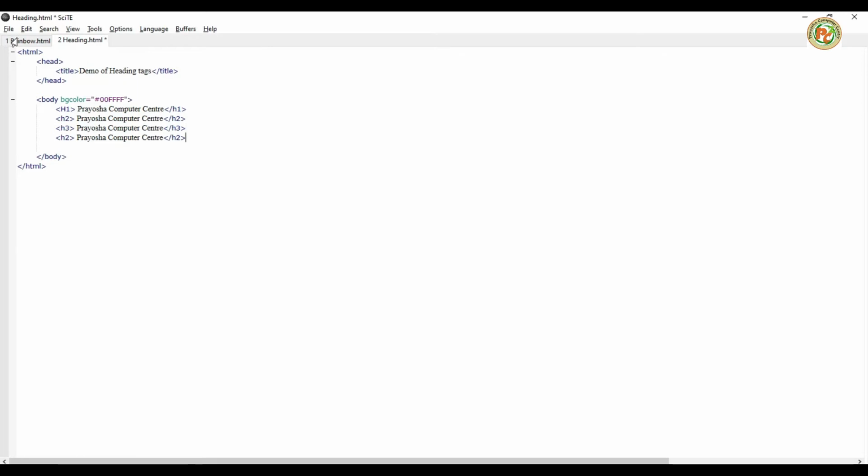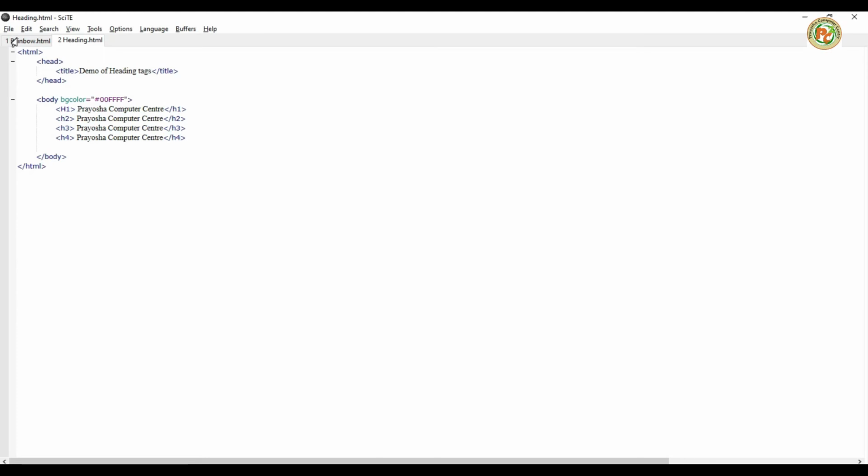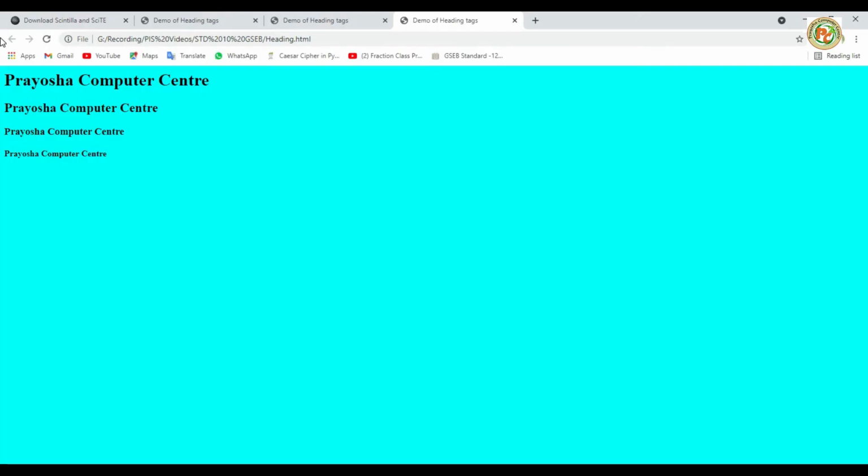Okay students, now press Ctrl V because we already copied it. So here change it to 4 and again it will be changed to 4. Press Ctrl S, Alt Tab to switch, and press F5 to refresh the web browser. Okay, now again we are going to do the heading tag number 5, and we will change it to 5 here, and again it will be changed to 5. Now press Ctrl S, switch by Alt Tab and press F5.